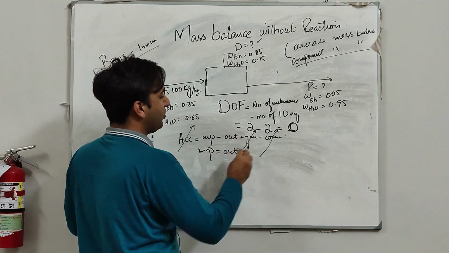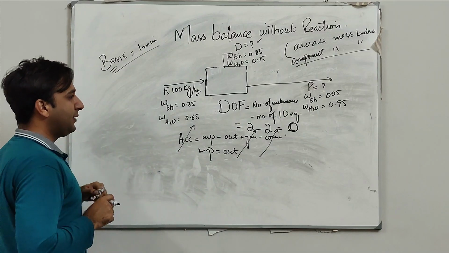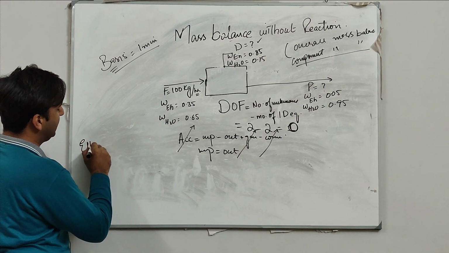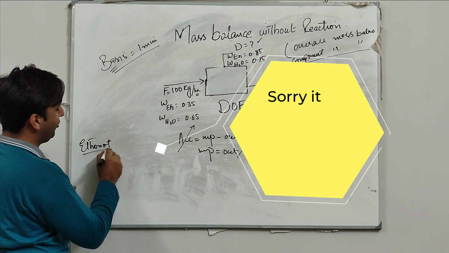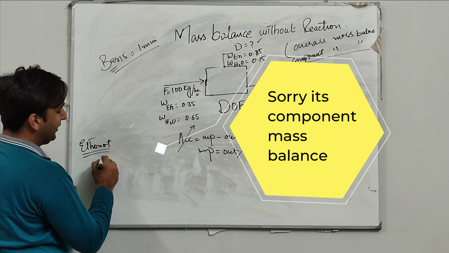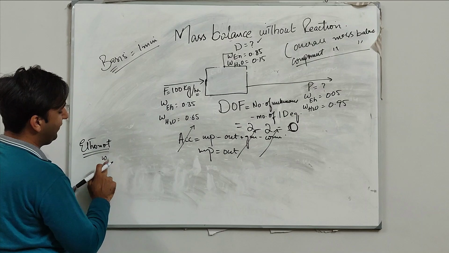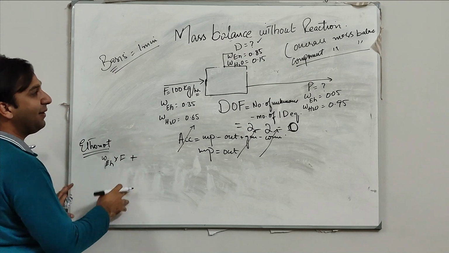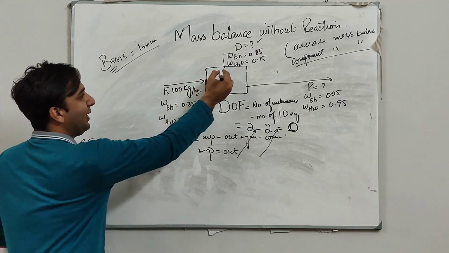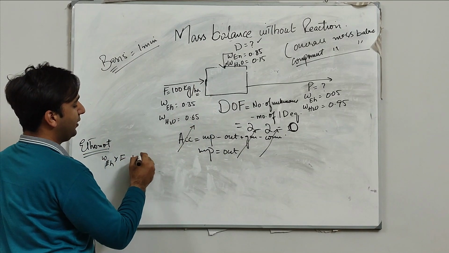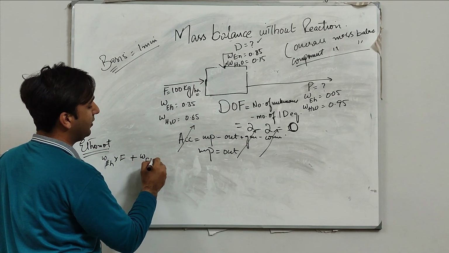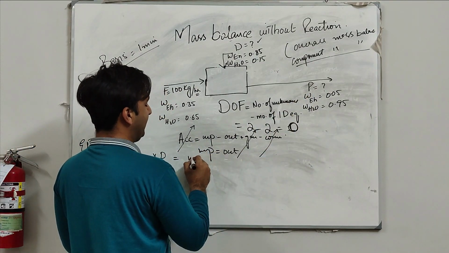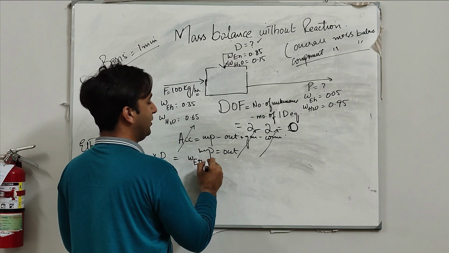So input is equal to output. Now we will apply our component mole balance. First of all, we will apply the ethanol component mole balance. So what will it be? It is the weight of ethanol in feed plus, again this is our input, weight fraction of ethanol multiplied by D is equal to weight fraction of ethanol multiplied by